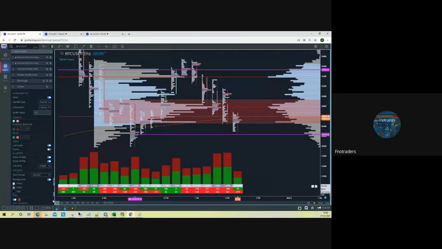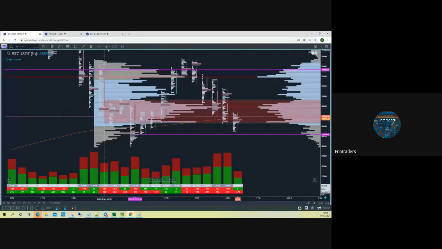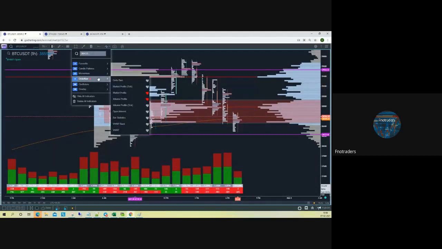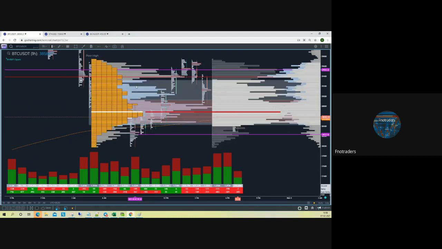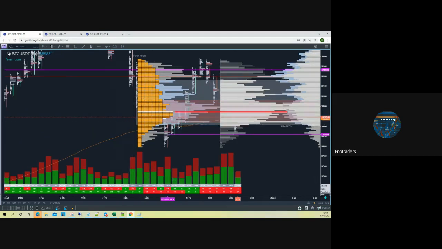You can see it in the bar statistics panel. And then you have the market profile indicator as well, in case instead of a volume profile you want to plot the market profile. You might want to check that as well. You just have to enable this, and that's it.